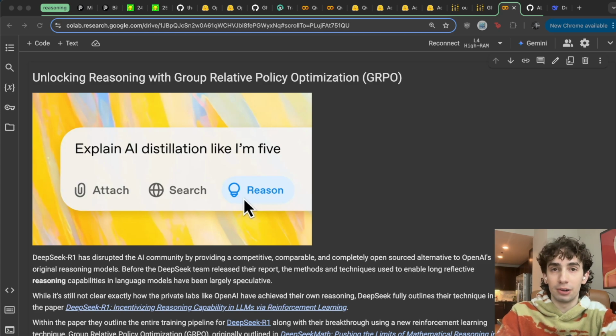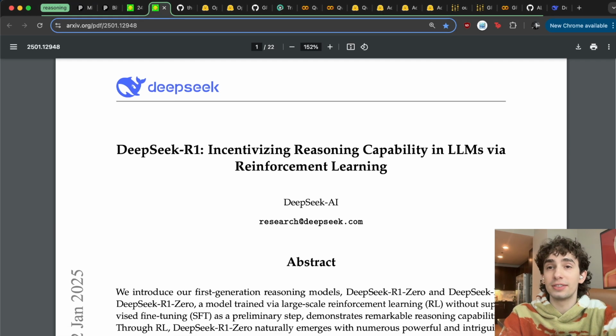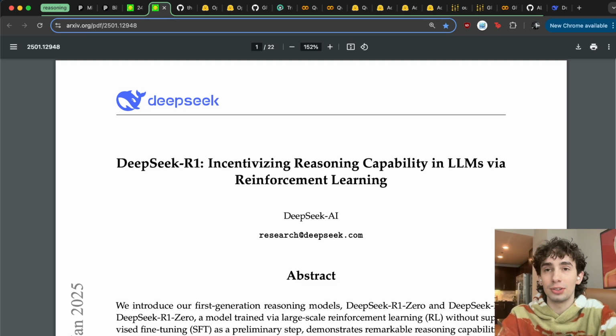scaling of parameter size. And well, for the last few months, most of what we've known about teaching reasoning to language models has been highly speculative and theoretical, as the different closed and private labs like OpenAI have been very secretive about their different processes. We now have a playbook of exactly how someone might be able to do this with the release of DeepSeek-R1's